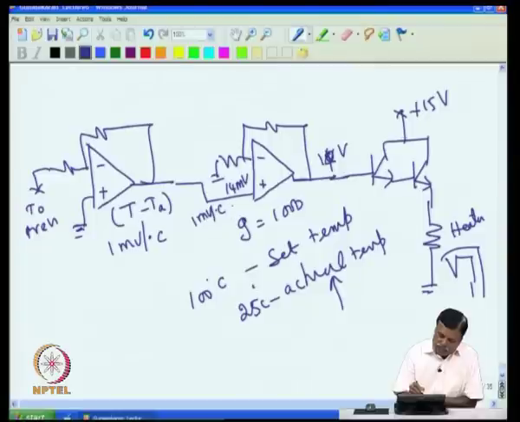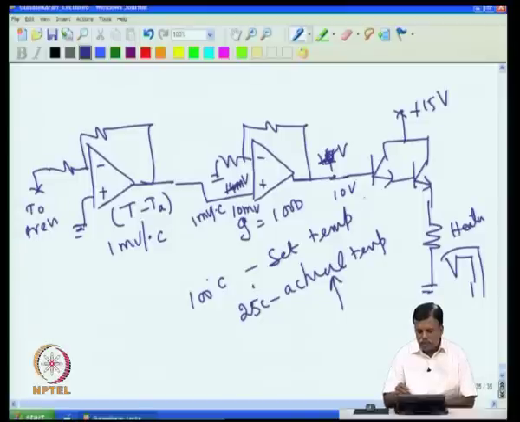Then further, if the temperature goes up, this will come down to say 10 millivolt, that is, close to 10 volt. Now the heating comes down further, because now we are applying 10 volt minus 1.2, that is 8.8 only. Now if that heat is still higher than needed to maintain this at 100 degree C, the temperature will still go up, the difference will come down, and this will come